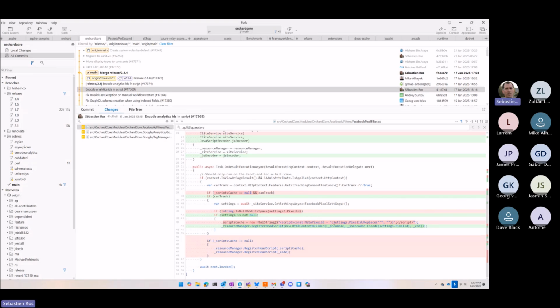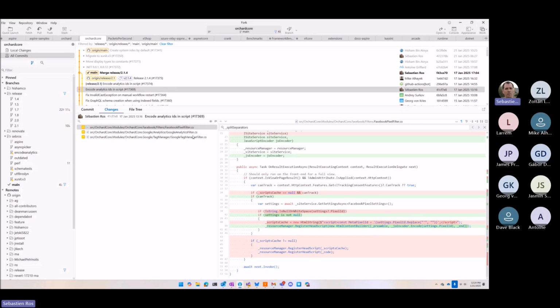But here it's setting that pixel ID and replacing the single quotes and removing the single quotes because it's inside a string in JavaScript. So it's saying, okay, let's remove the quote. This way we can't break the string. Okay, this is just for Facebook, but if you look at the Google one,